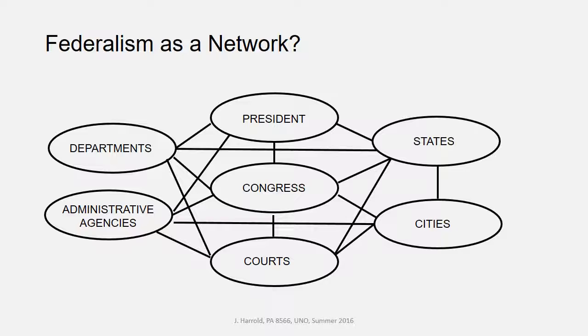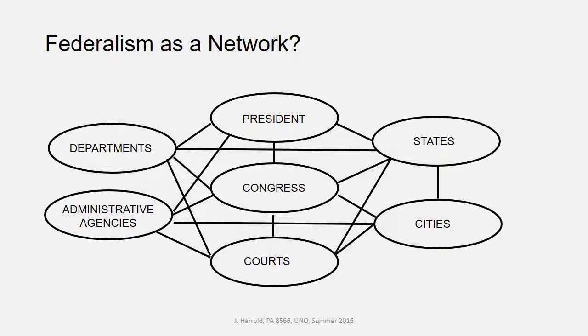But as well, on the left-hand side, we can include departments such as the Department of State, Housing and Urban Development, the Department of Defense, and administrative agencies. So the Federal Communications Commission, for example. And then in this sense, we have interactions between levels of government, President, Congress, and courts,